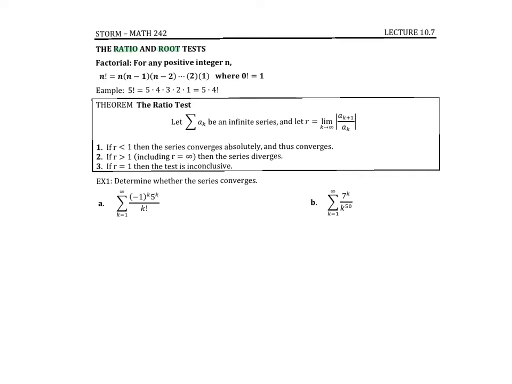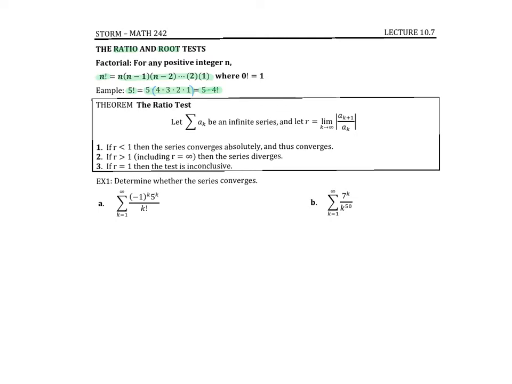However, what I'd like to do first is just review what a factorial is. This comes up a lot when you're looking at the ratio test. So factorials can be expanded out. For example, 5 factorial is 5 times 4 times 3 times 2 times 1. Now, if you just look at the 4 times 3 times 2 times 1, that's 4 factorial. So I can rewrite 5 factorial as 5 times 4 factorial. And that's going to help us when we look at the ratio tests and our series has a